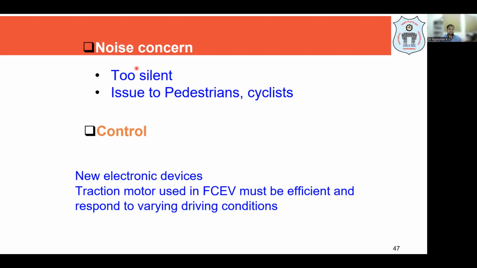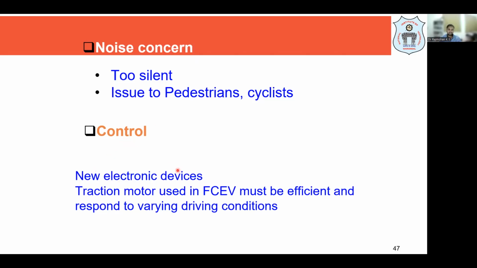And I was telling you that a noise concern is associated with it. It's not because it makes huge noise pollution. It is very silent. What happens? Some old man is crossing the road, and when this car is moving, he will not be able to notice it. It's too silent. Similarly, when you are driving the car, cyclists and walkers will not know that the car is coming, because it comes very smoothly without noise, so they may suddenly move into the lane. Because these fuel cell cars come at 50 or 60 kilometers per hour, these people will be an issue. That all needs to be addressed. Okay, so that is a noise concern which we wanted to discuss.